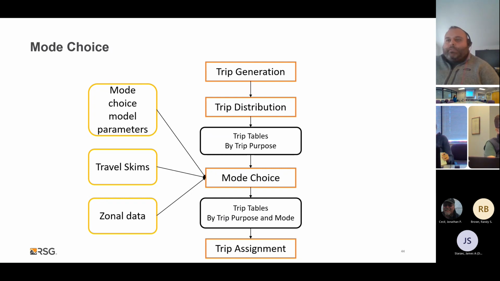You have things like travel time skims. This is the zone to zone time for each of the purposes, or each of the modes that you're traveling. So if you have transit in your mode choice model, you need a transit time. And you're going to get different breakouts there by in-vehicle time, out-of-vehicle time, and things like that. And then your zonal data. So this is going to be the household, the person level characteristics that go into choosing a mode.